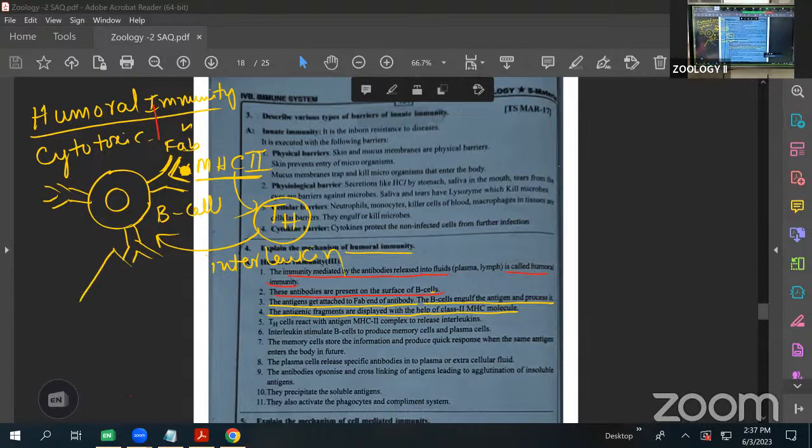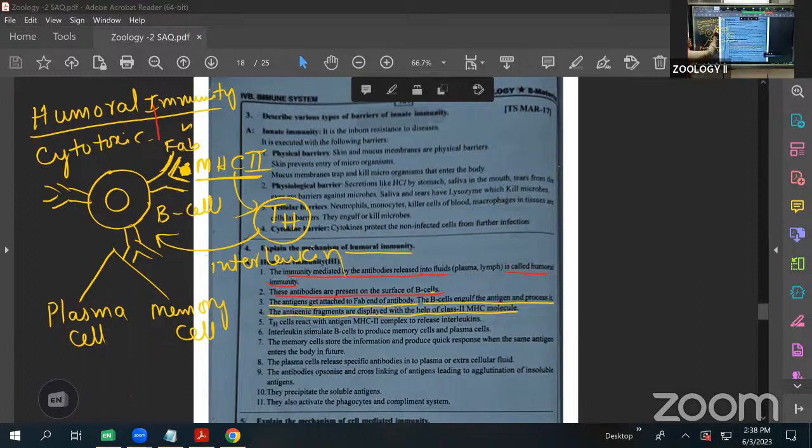The B cells are differentiated into two types of cells. One is called a plasma cell. Another is called the memory cell. When any antigen first enters the body through the humoral circulation, it comes near the B cells, the antibodies. Here antibodies take it and make antigenic fragments, which are first taken by the